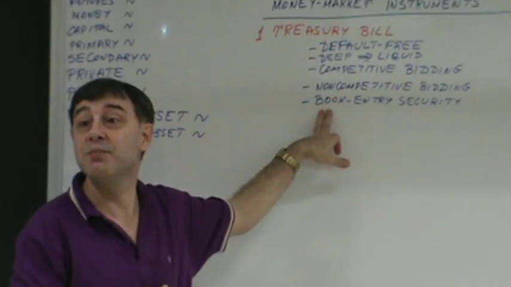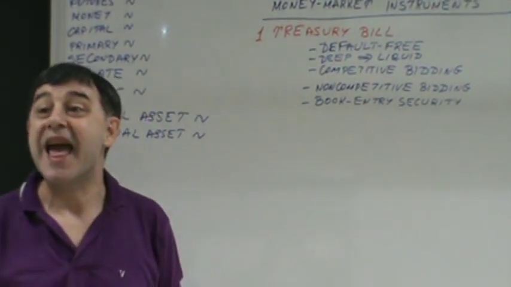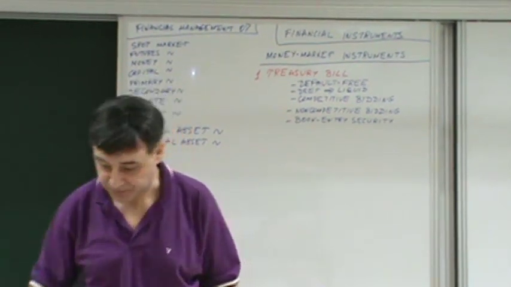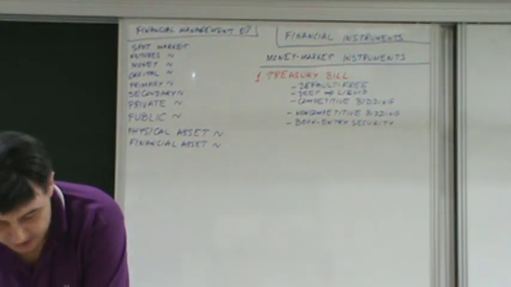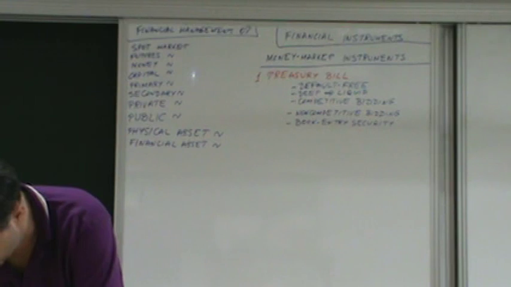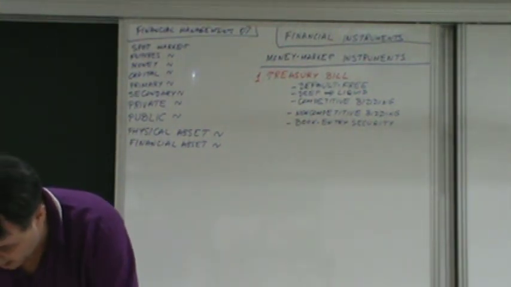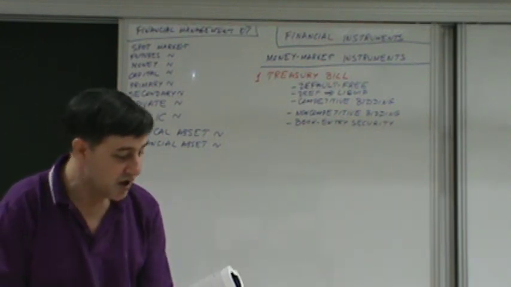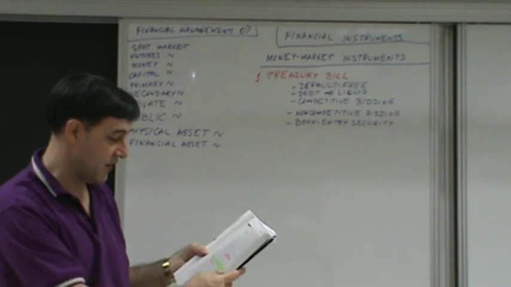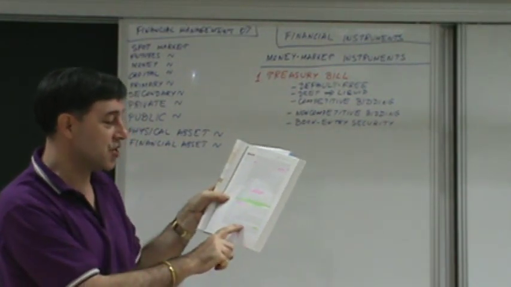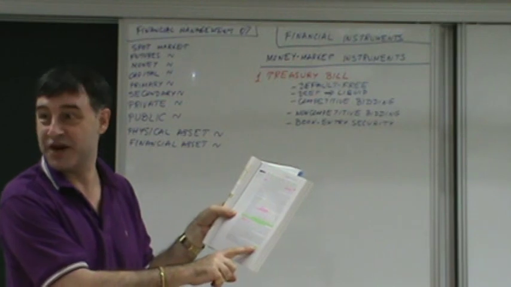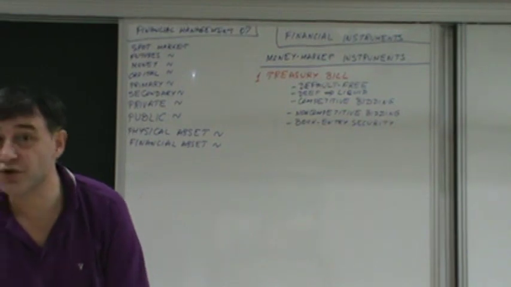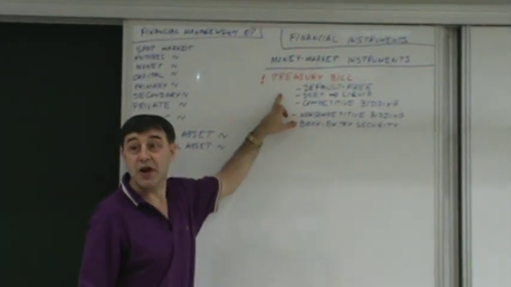So it's only in book entry form. In other words, everything is 100% computerized, okay? Let me see where I was and how I lost my page here. Okay, book entry security. Okay, that's very nice. I have here on page 303, I have marked at the very bottom how it says, Treasury bills are very close to being risk-free. Totally wrong, okay? They're close to being default-free, not risk-free, okay?